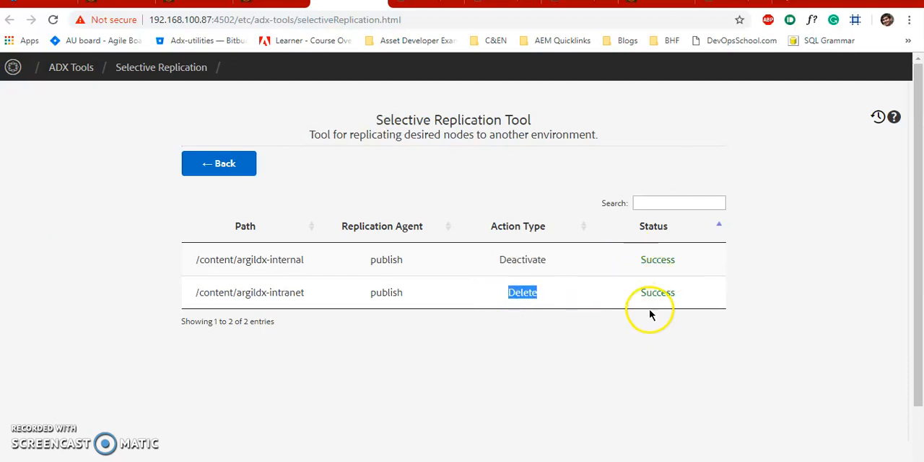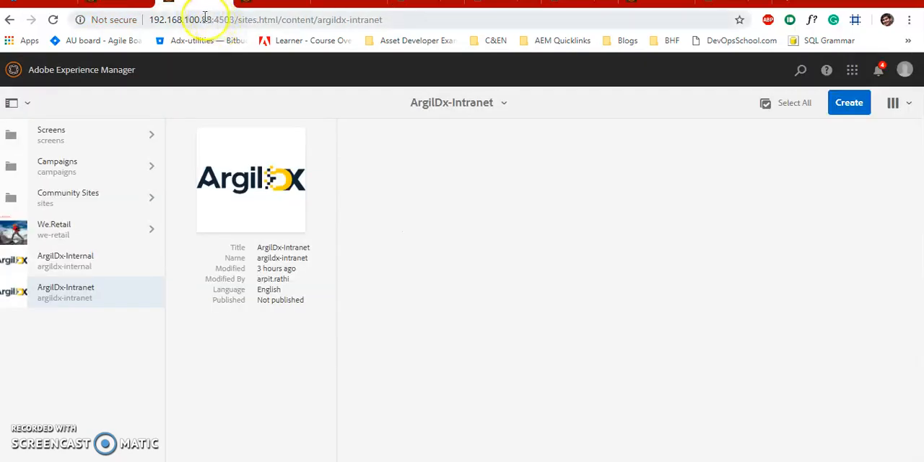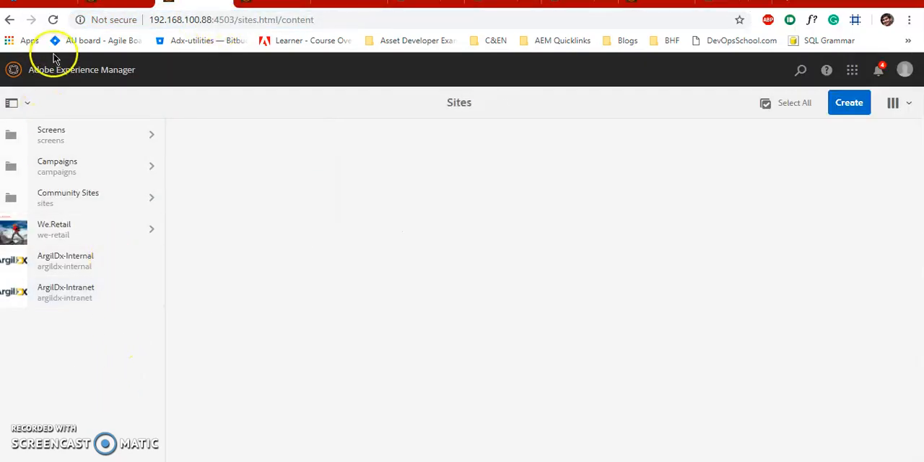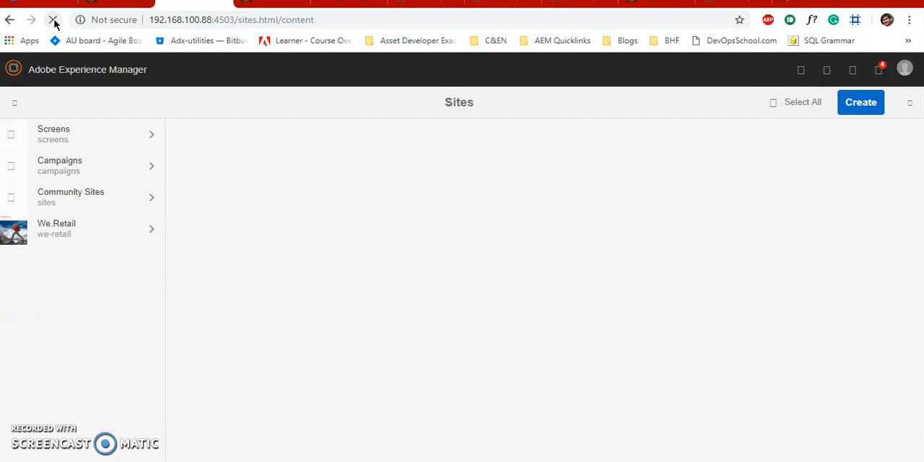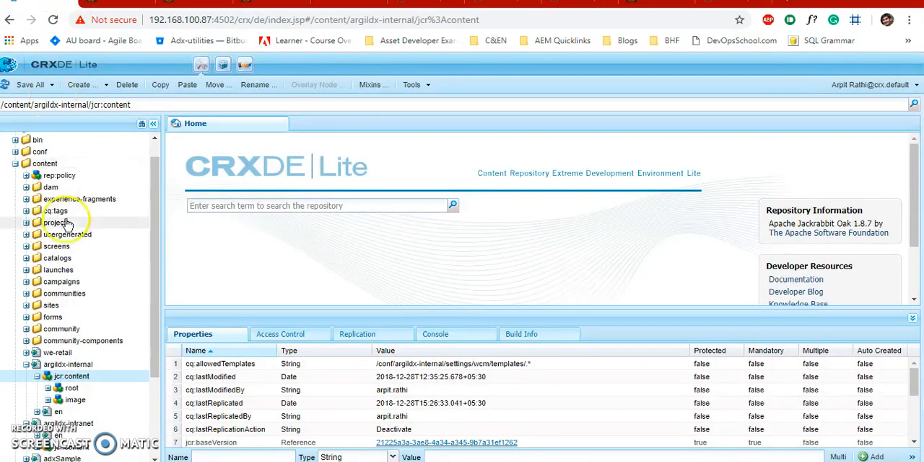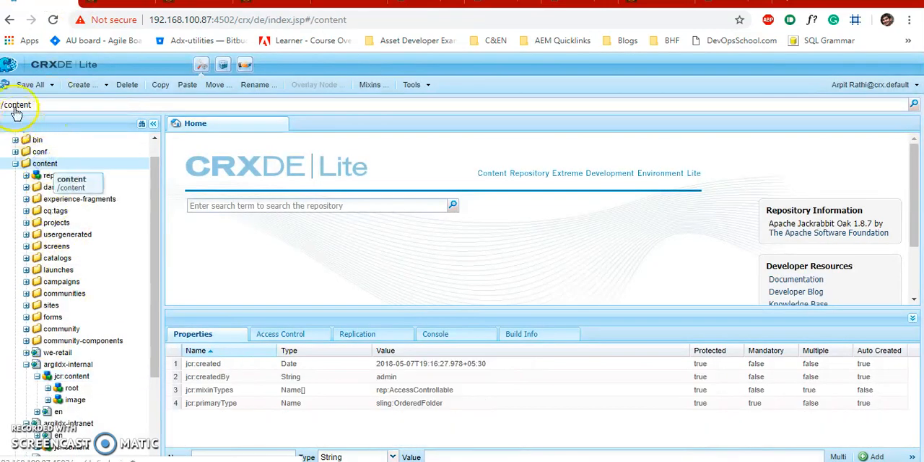Both are working perfectly fine now. And let's check on sites of publish. So here, if I refresh the page, both of these files are gone now. Let's check on CRXDE of the author instance. So if I refresh it,